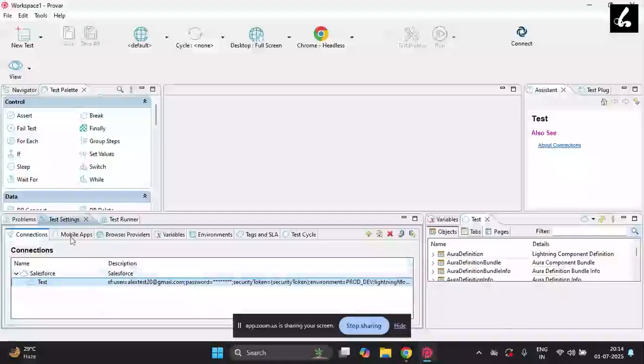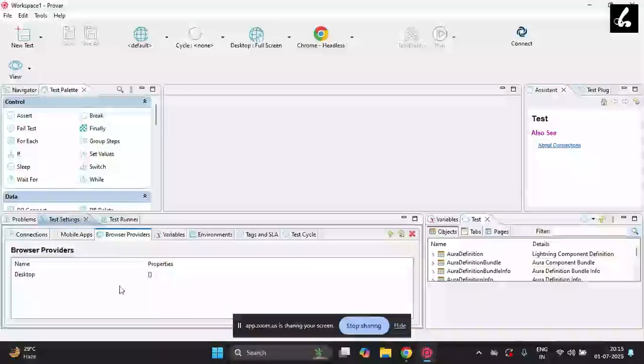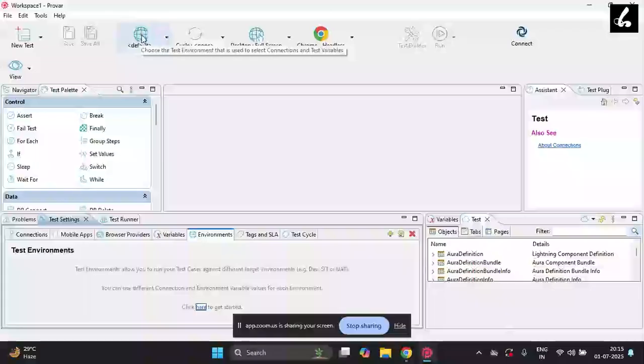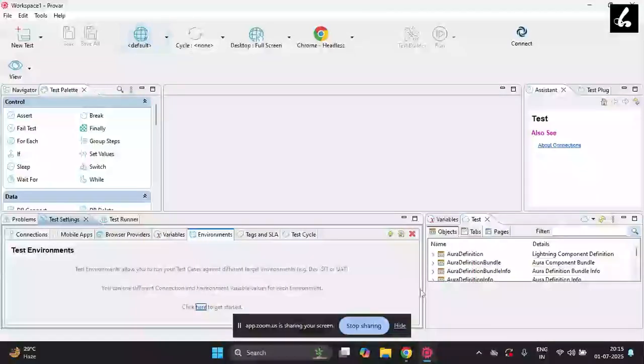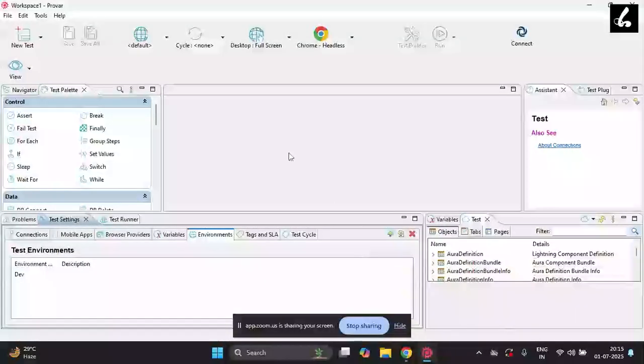Then there is the browser, which we don't need. Then there is the environment, which I skipped. What is this one? Suppose as of now you are working in the test environment, and after that you need to work on the dev environment. That's how you can configure your test settings. Suppose I have added dev, and also I have added